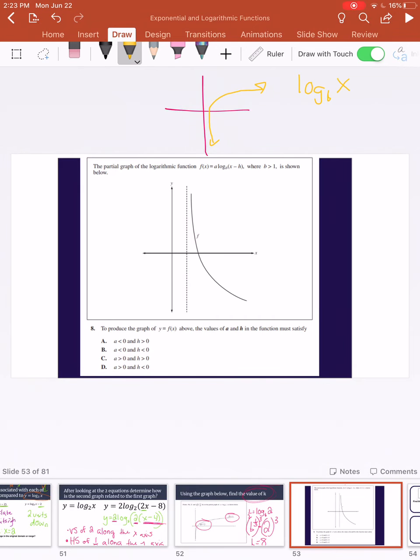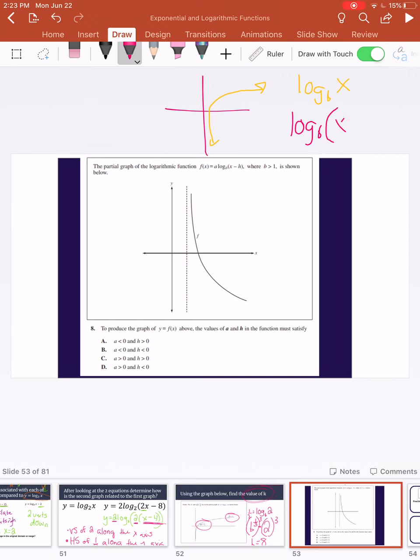Okay, so now this is my new function. It says to produce the graph of y equals f at x above, the values of a and h in the function must satisfy. So the first thing I hope you notice is the fact that that vertical asymptote has changed, right? It's moved to the right. So if it's moved to the right,